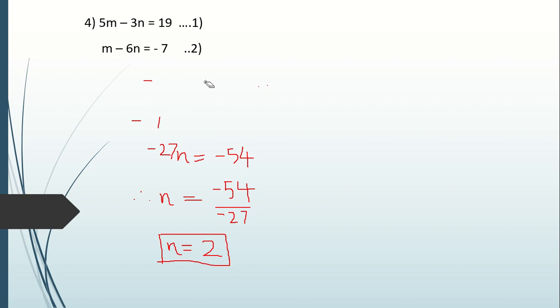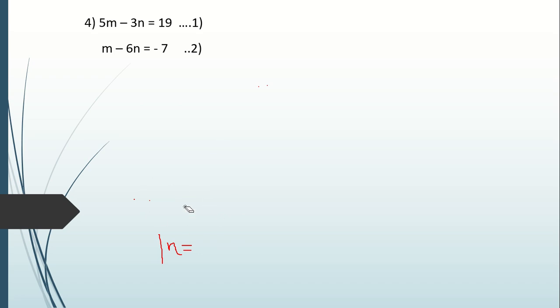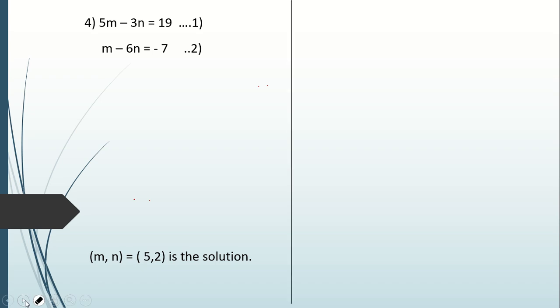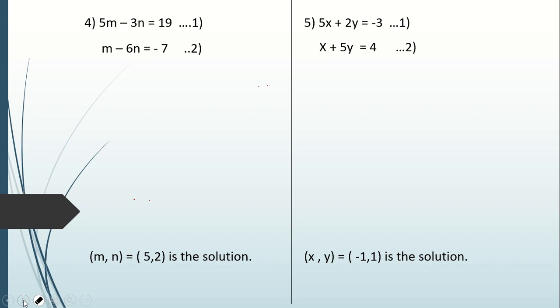This sum number 4 and sum number 5 are done in exactly the similar way to what we did so far in the first three sums. So I have given them for you to do. Please do it. The answer I have just given there, m, n is 5, 2. Value of n we had got 2. M is coming 5. So you find out how it is coming 5. Okay. And question number 5 also. Only the thing is here in equation number 2 you multiply by 5. Here you have 5x, here you will get 5y by multiplying equation number 2 by 5. Okay, and then see how you can do it. Okay, the answer is coming minus 1, 1.